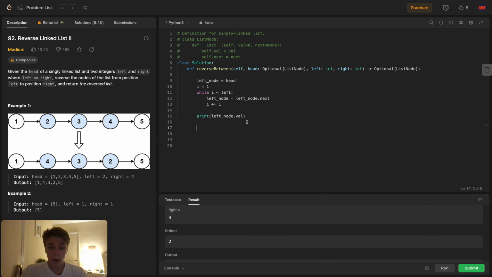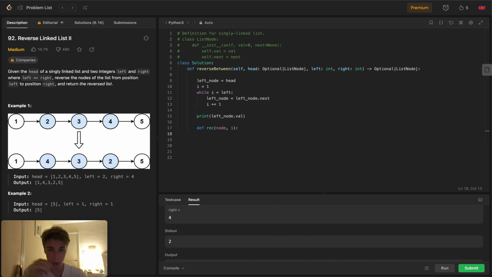Well, from right to left, you can define a recursive function. Let's call it rec with a node. And in that rec function, I want to have a rec function. I also want to point I to it. I want to say that if node,